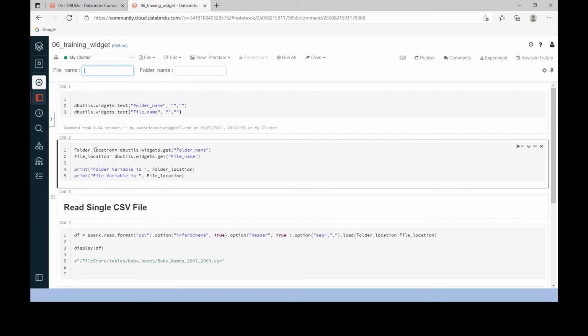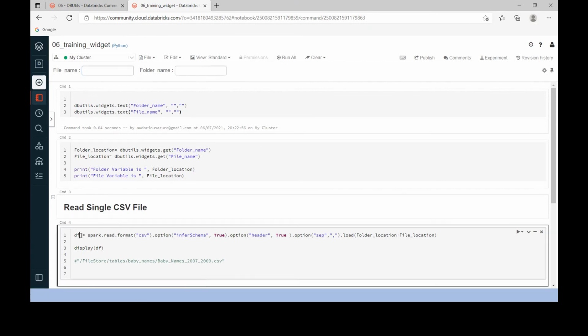Finally, after collecting these two variables, I am passing them into another operation, reading the data from that location. Here I am passing the folder name and file name. It will create the absolute path for a CSV file. Then that CSV file would be read into this data frame. It will create a data frame.